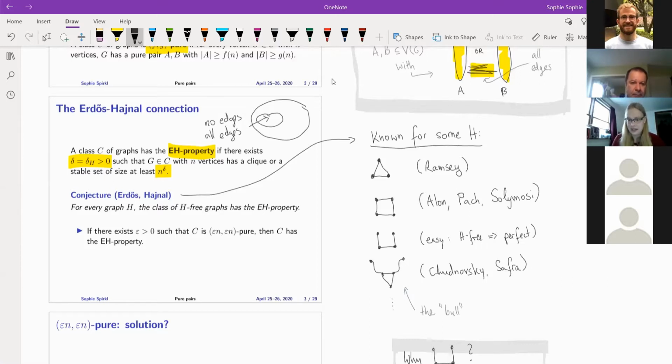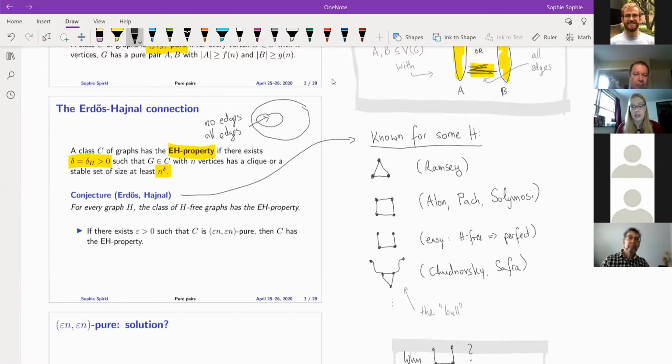A clique means there are all edges within that subset, and a stable set means no edges within that subset. So this is different from pure pairs because this is asking, instead of what happens between the sets, it's just one set,